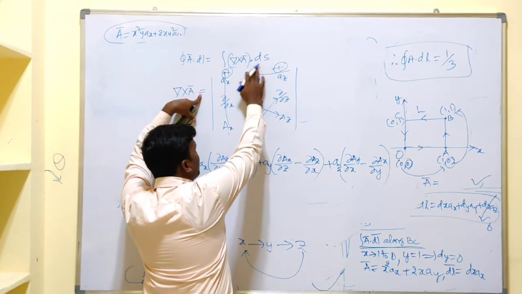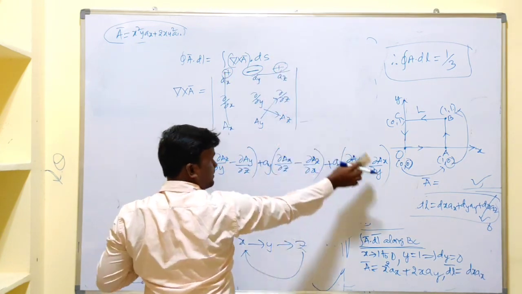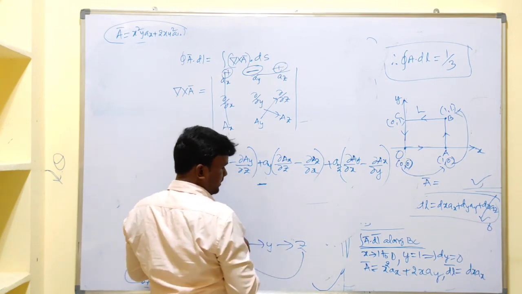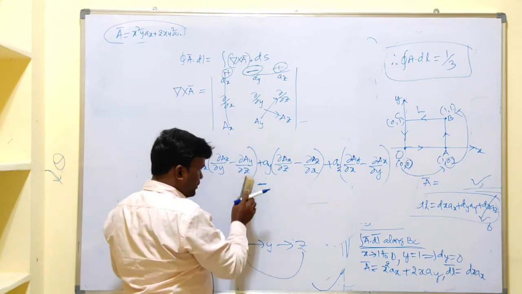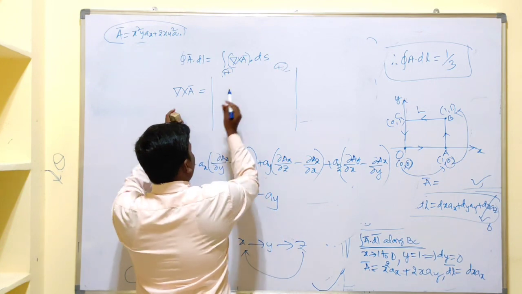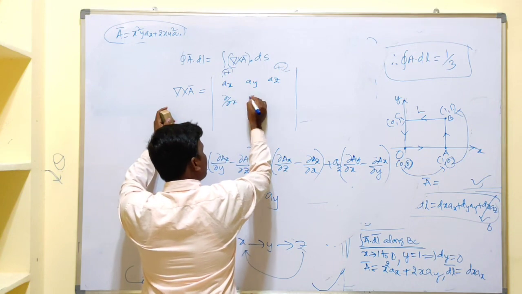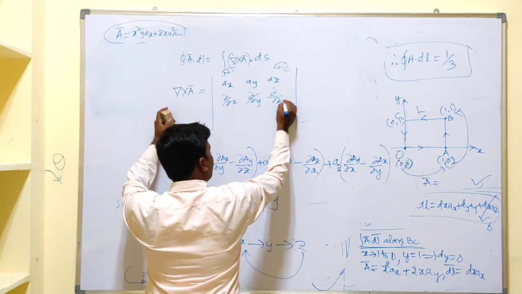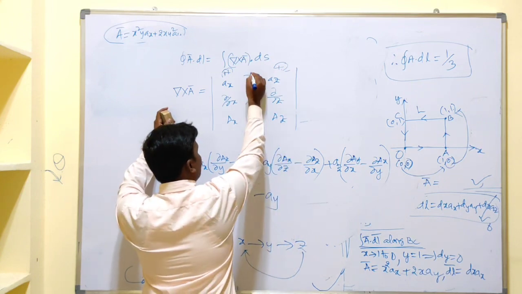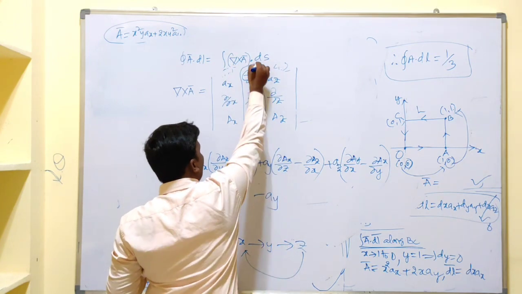Here you got minus ay. Let us say it is plus, that's why here I have plus, here plus. You may have a doubt, it should be negative if you focus like this. Suppose it is negative, let us see. Here you have ax, ay, az, then ∂/∂x, ∂/∂y, ∂/∂z, and the last one is ax, ay, az. What you require is this one. Here I said minus. You need to eliminate this column and this row.